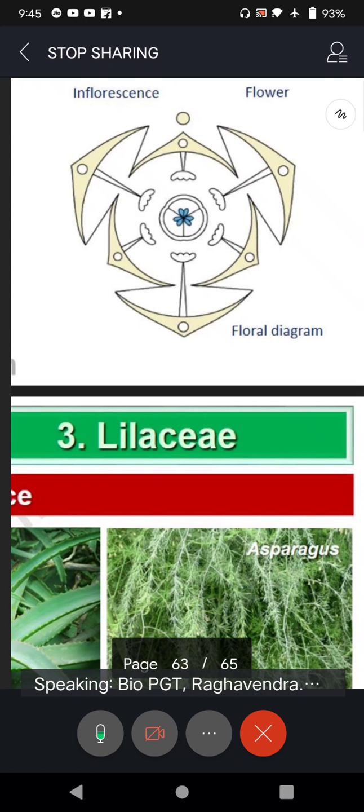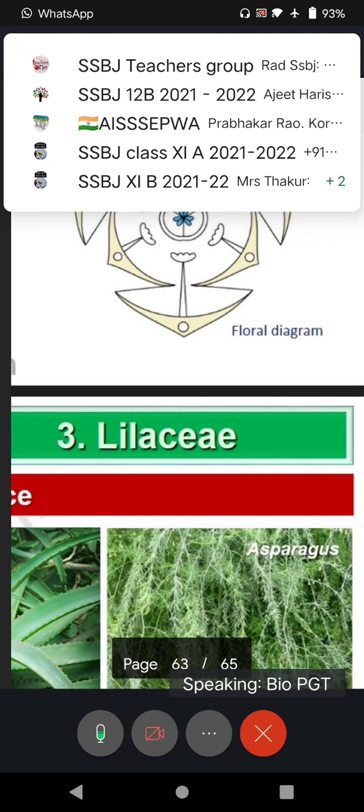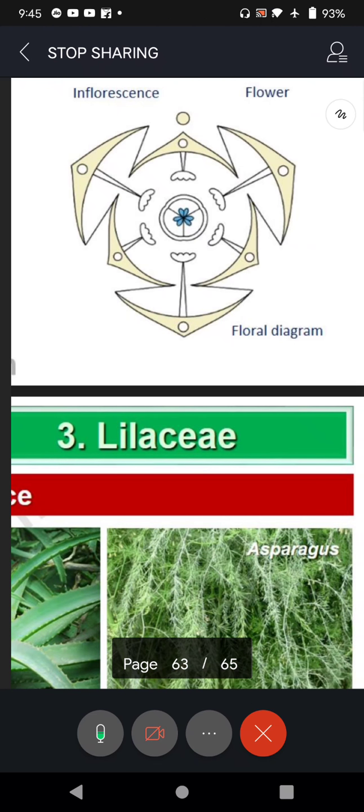See, here attachment is there, attachment is there, attachment is there. So we are putting within bracket. Next, whether the androecium is attached to perianth? Stamens are attached? Yes, attached. So we are putting bridge, adhesion.